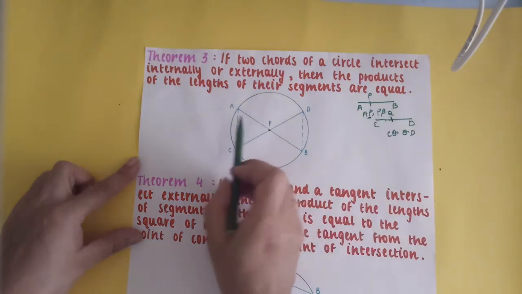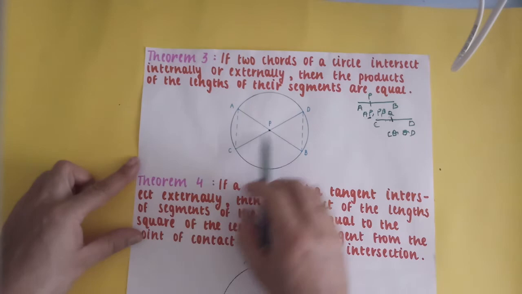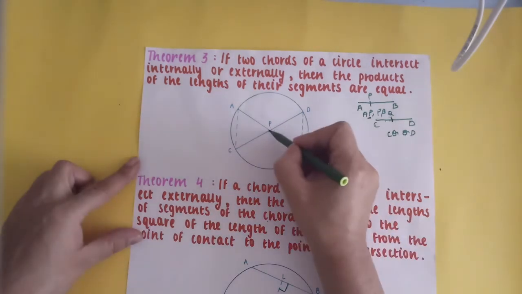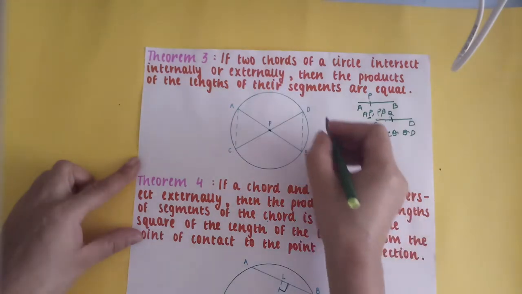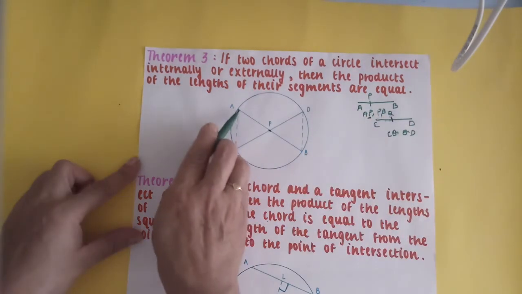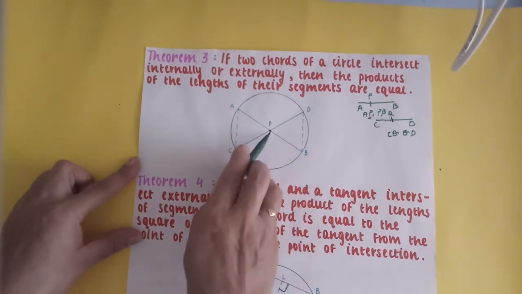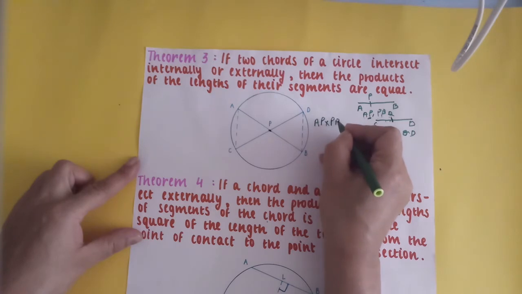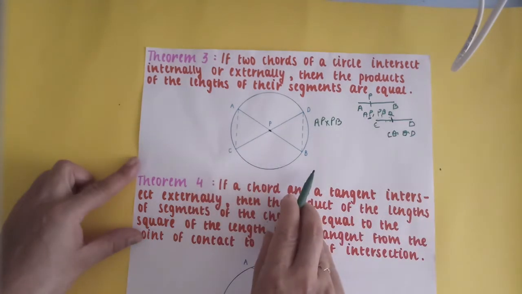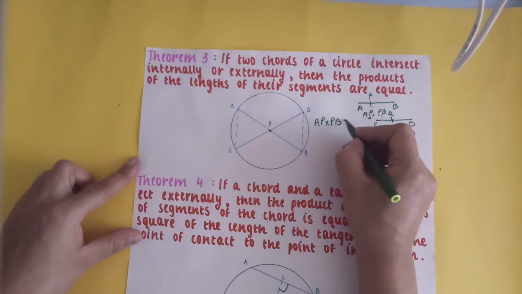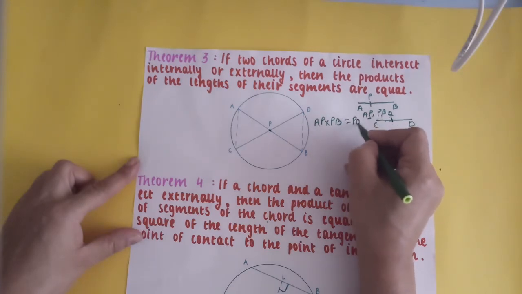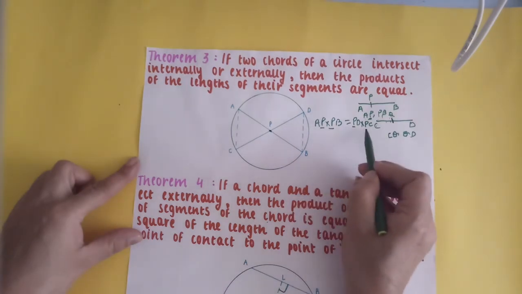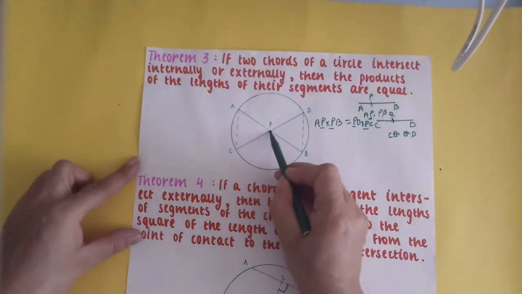Fine. Now, here if two chords AB and CD intersect each other inside the circle, then the products of the segments of the chord. Now tell me, what are the segments of chord AB? Because of P, it has been divided into AP and PB. Those are the products of the segments of chord AB, is equal to PD into PC. That's what this theorem says. P has to be there throughout. That you have to keep in mind, right?